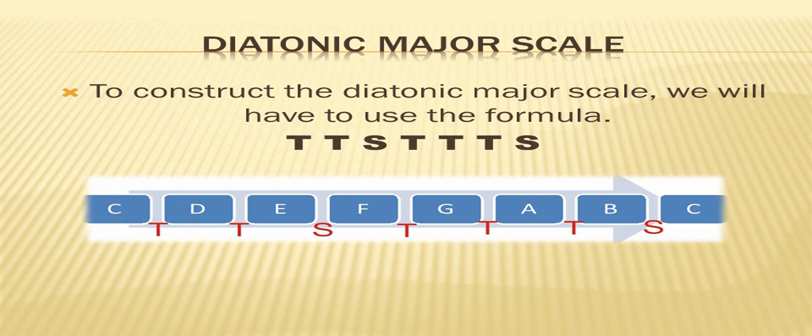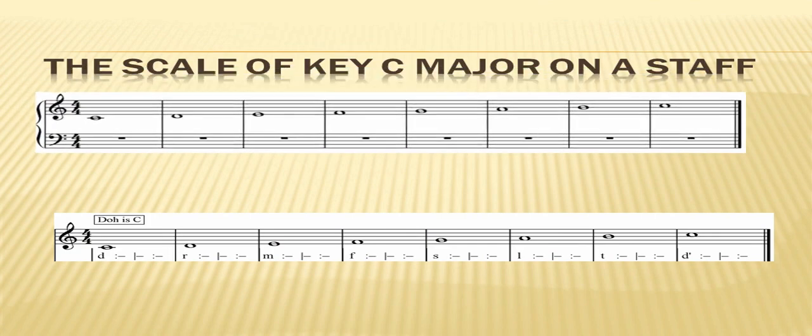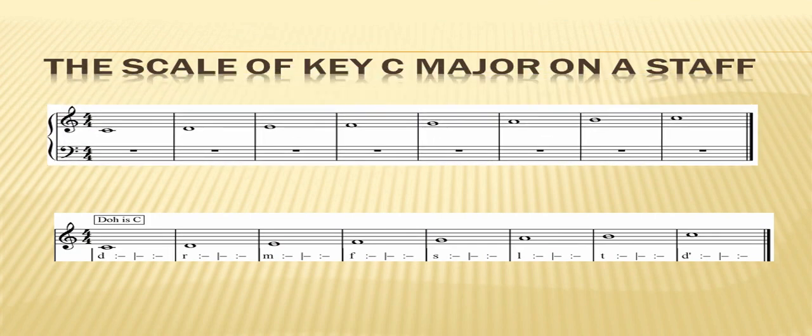Alright. And on the staff, this is how the scale of C major looks like. You see, this is middle C, then D, E. So let's start again. Middle C, D, E, F, G, A, B, and C. You can see it here. We can even sing it as solfa. It has a solfa equivalent of it, like